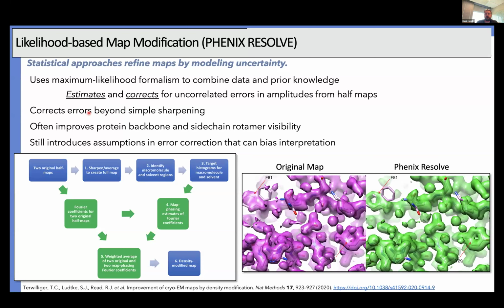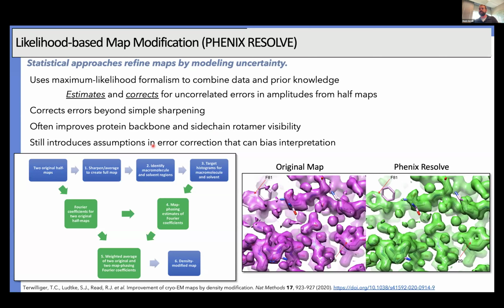Because it's not just a global application of a single B factor, but rather a mixture of local sharpening as well as what can come from amplitude correction within your data. And what we've seen is for almost every example in our group, protein backbone as well as side chain visibility becomes remarkably improved. But there are some assumptions in this error correction that potentially can bias interpretation, leading to sometimes